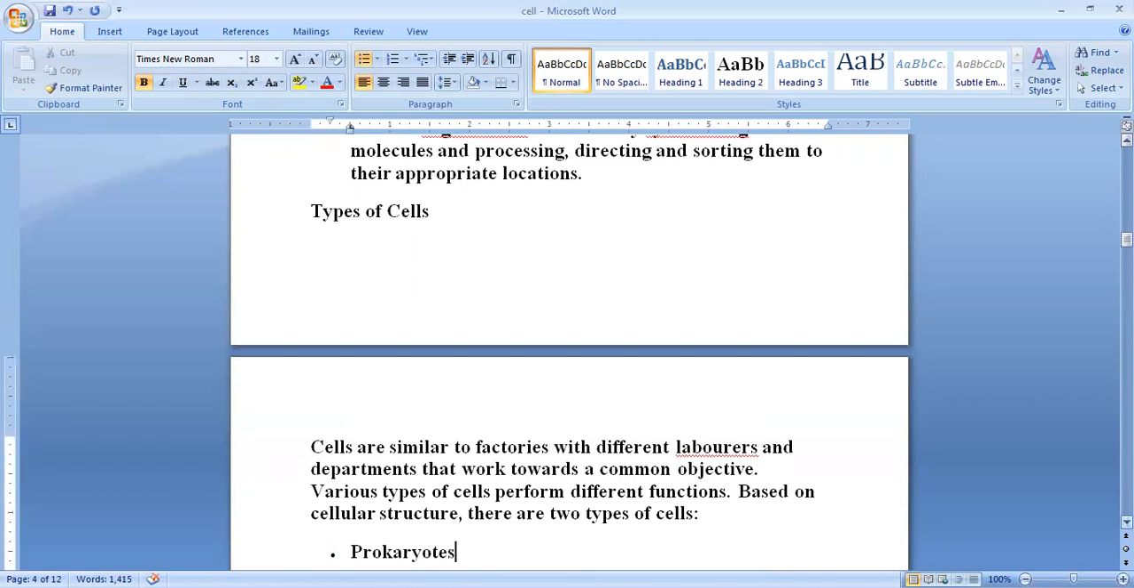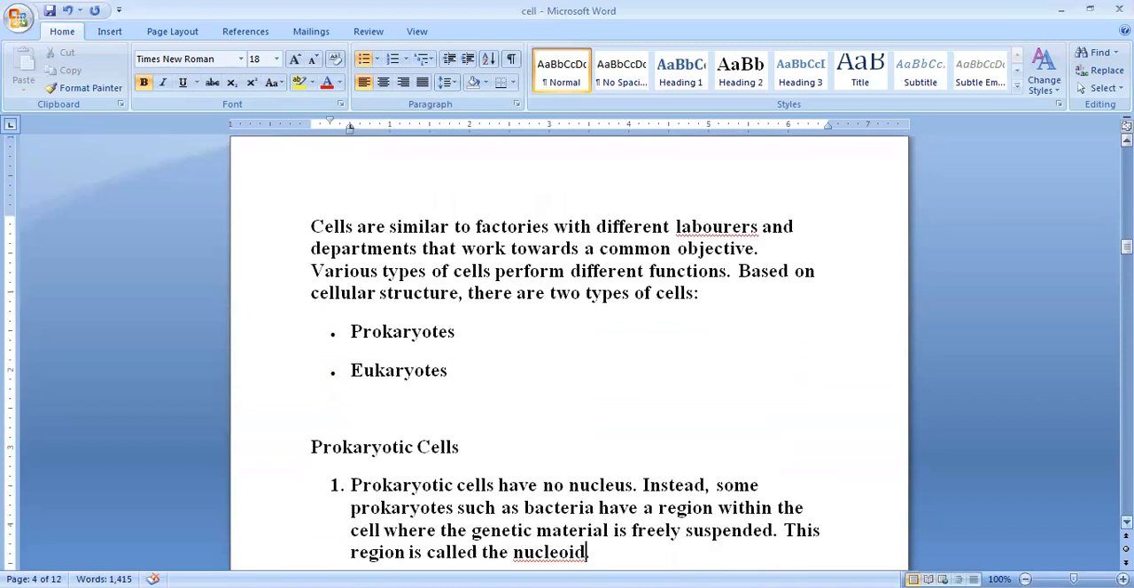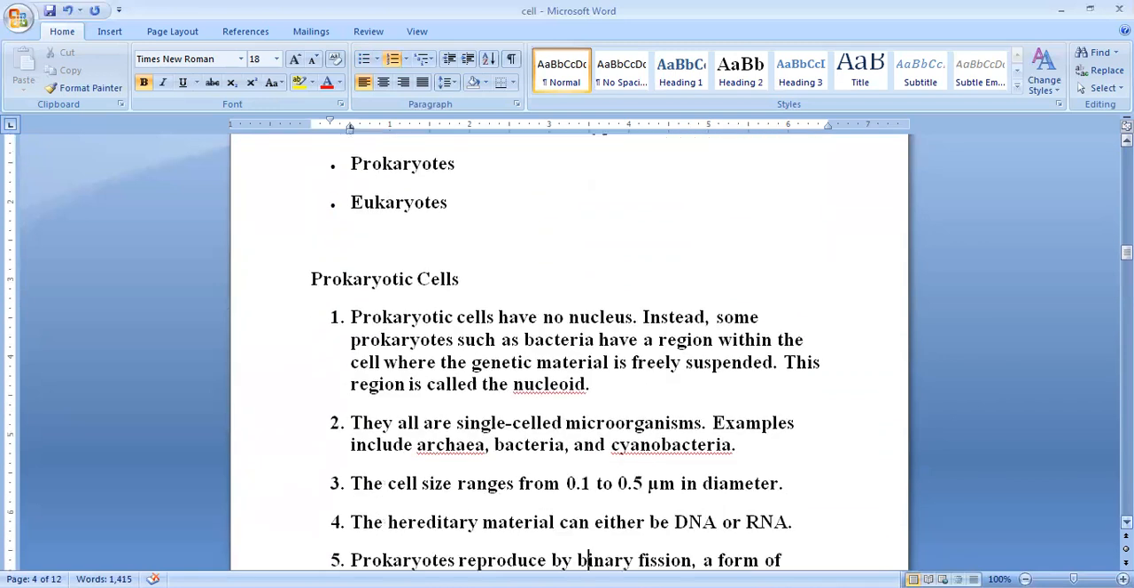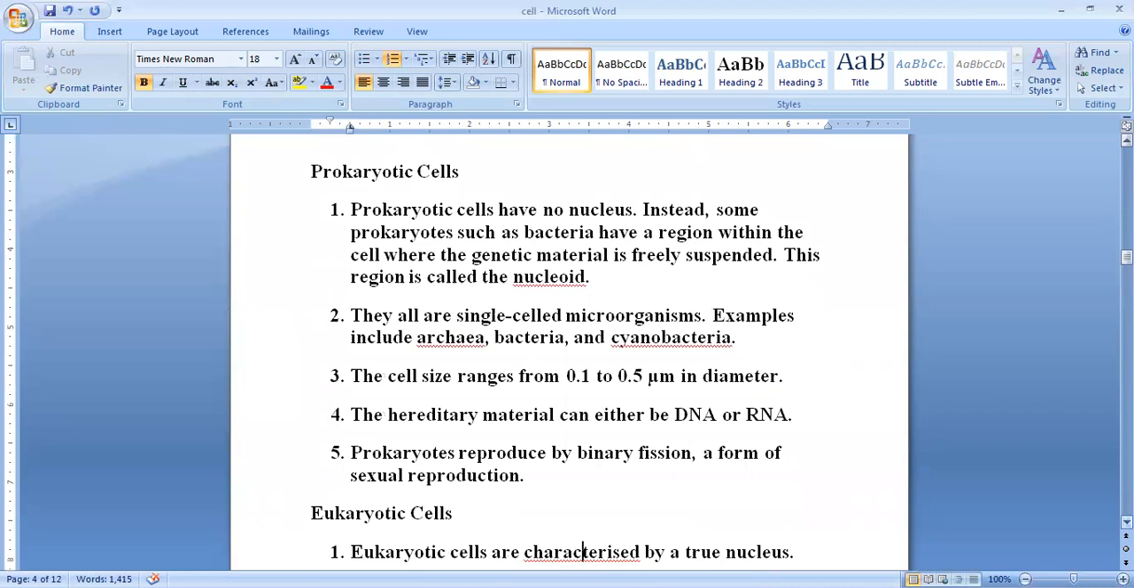Now, types of cells. How many types of cells have we studied in previous junior classes? Prokaryotes and eukaryotes. What is the difference? Prokaryotes have no nucleus, only free genetic material is present and it is called the nucleoid. All are single-celled microorganisms. The cell size ranges from 0.1 to 0.5 micrometer in diameter. Hereditary material can be DNA or RNA, and reproduction in prokaryotes is by binary fission. It is a form of